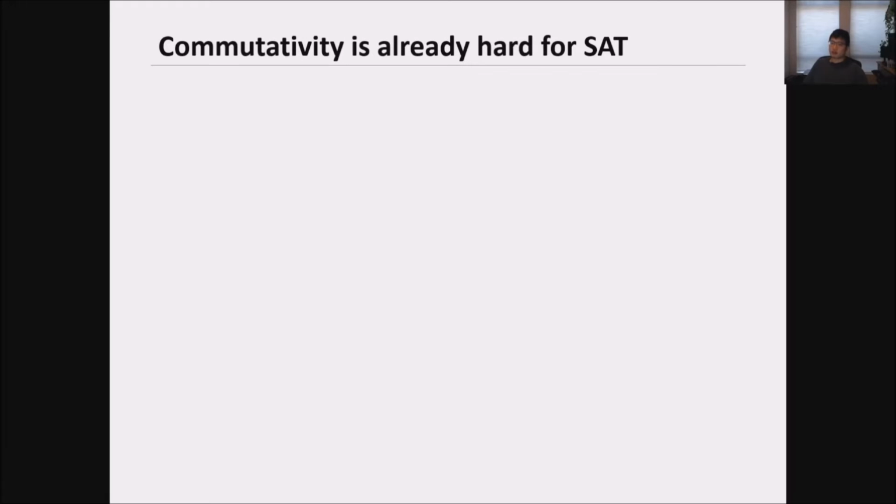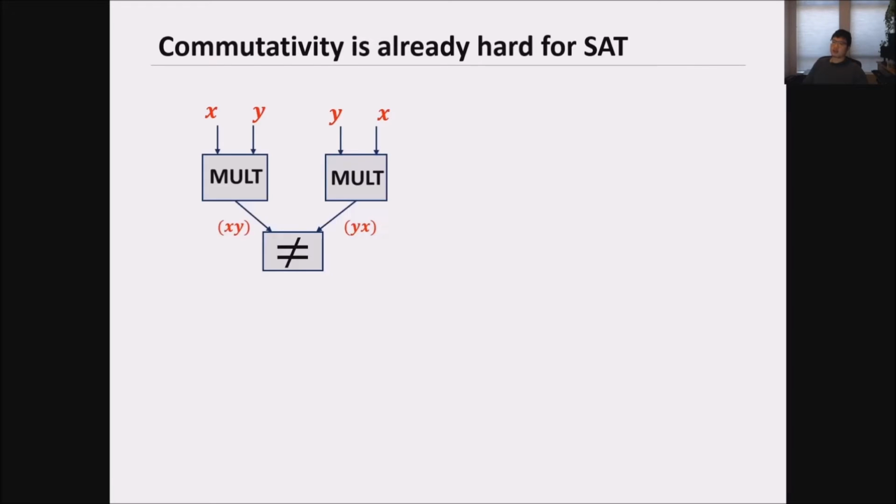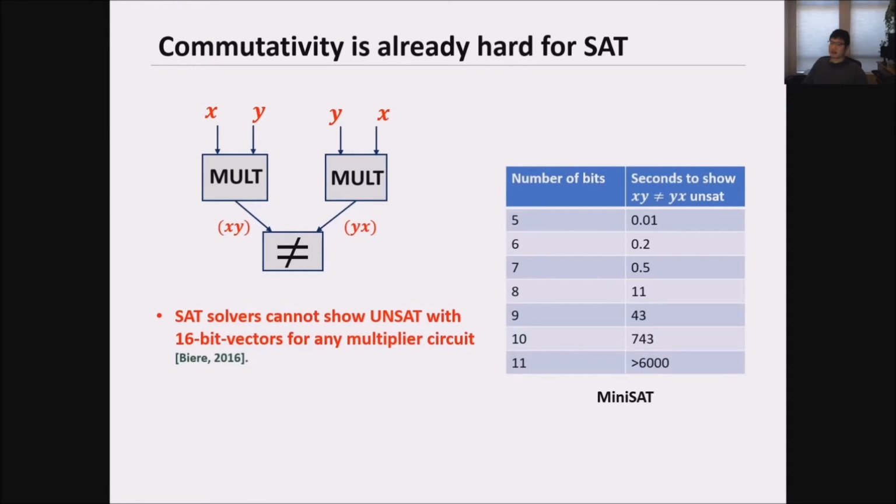In fact, even one of the most basic properties of multiplication, commutativity, is already hard for SAT to verify. Say we construct the following SAT instance, which consists of two multiplier circuits, one taking in the inputs x and y, and the other taking in the same inputs but in reverse order. At the bottom we have some logic that asserts that the outputs of these two multipliers are not equal somewhere. It was observed in 2016 by Biere that no matter which combination of SAT solver or multiplier circuit you use,